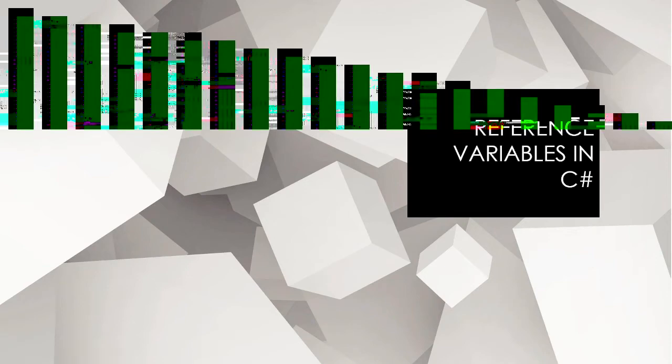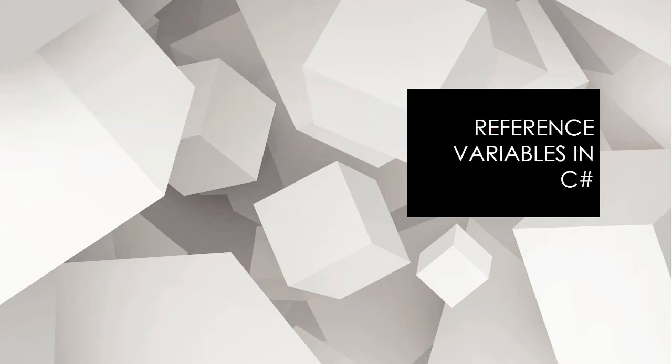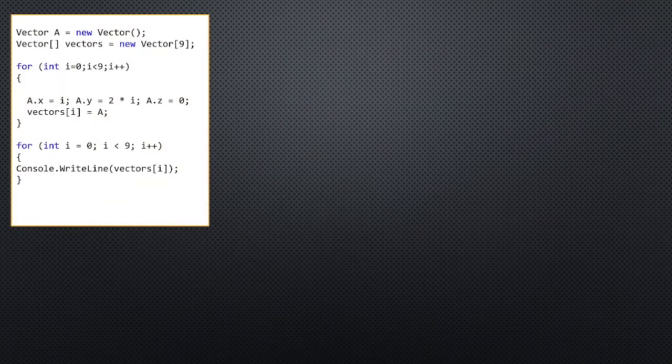This video is going to explain reference variables in C# through the use of an example that demonstrates what they are and what they are not. So here's our little example. We are intending to fill up an array with some random objects of this type vector. Vector is just a class that has been created that has an X, a Y, and a Z component. And here we are going to try to fill up 9 vectors into an array,